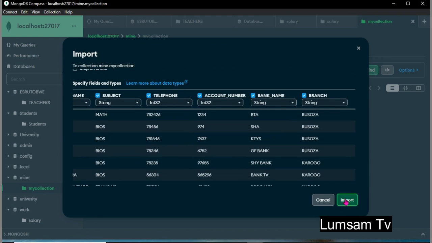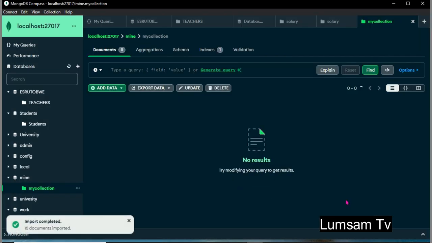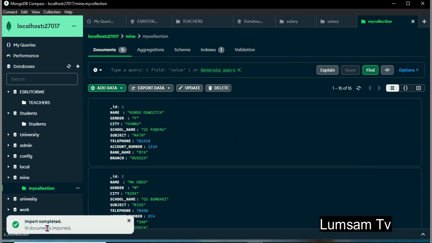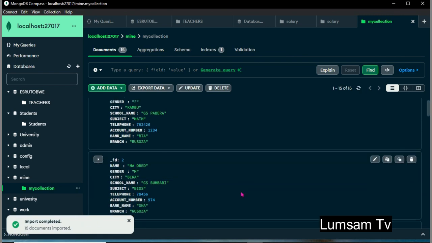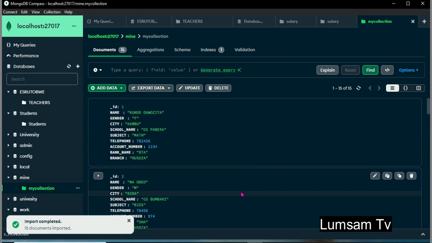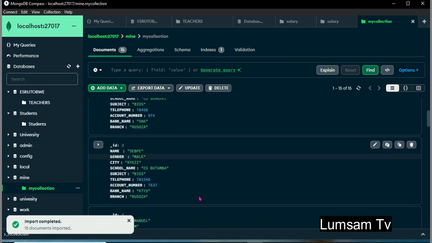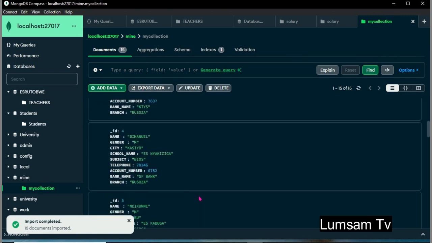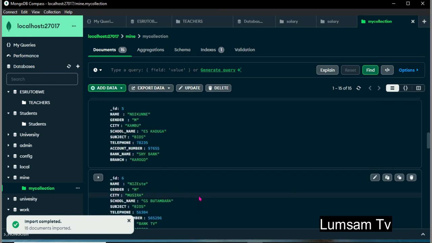Then click import. So 15 documents imported successfully. You see, our documents are already imported. Can you see here, this is the first document, the second one, the third one, fourth. These are our documents.